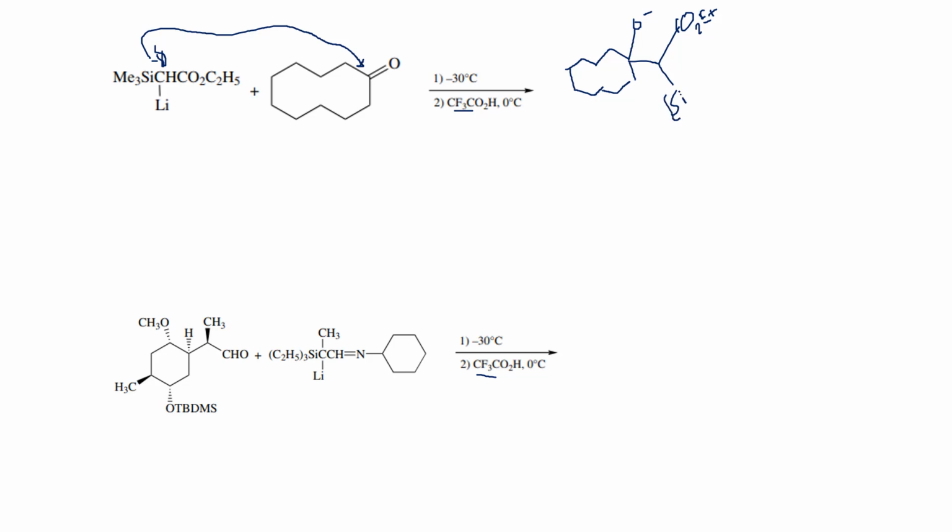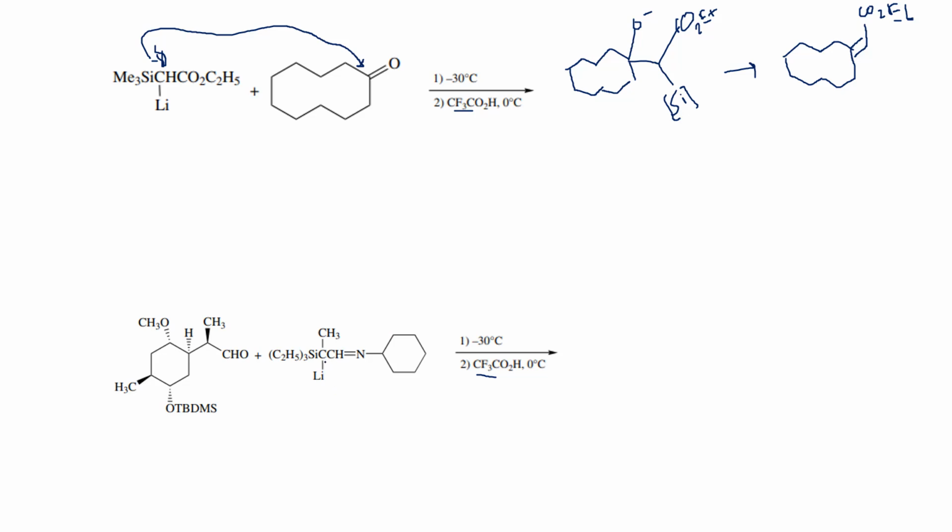So this undergoes anti-elimination. Both are anti already, and there will be a double bond here. So what will be the product? The product will be this one. Now in this case,